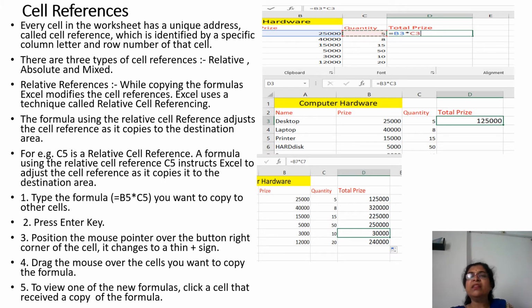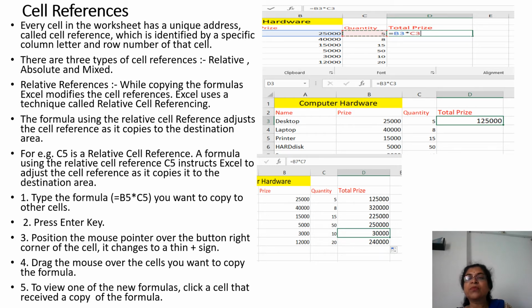So we are just dragging it, and you will get the result. See, 25,000 multiplied by 5, you get 1,25,000. And if you drag it over this,